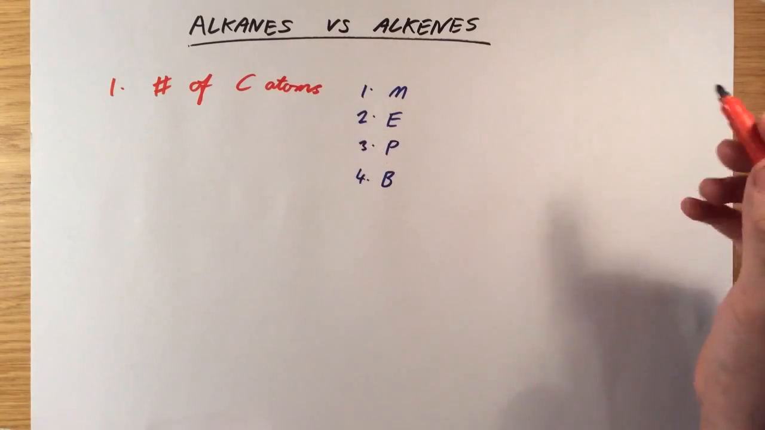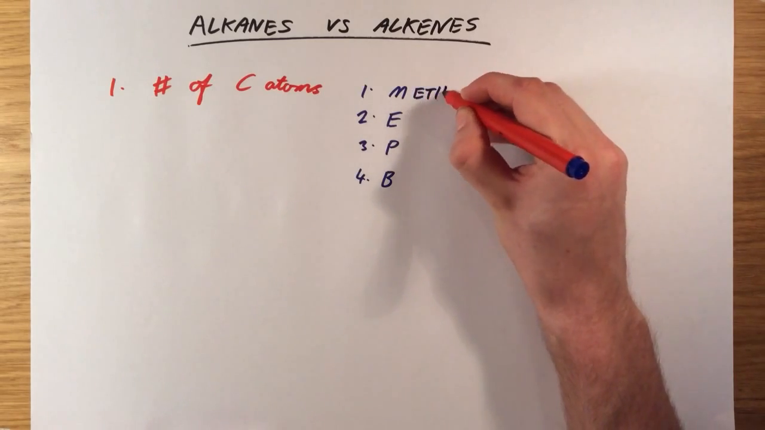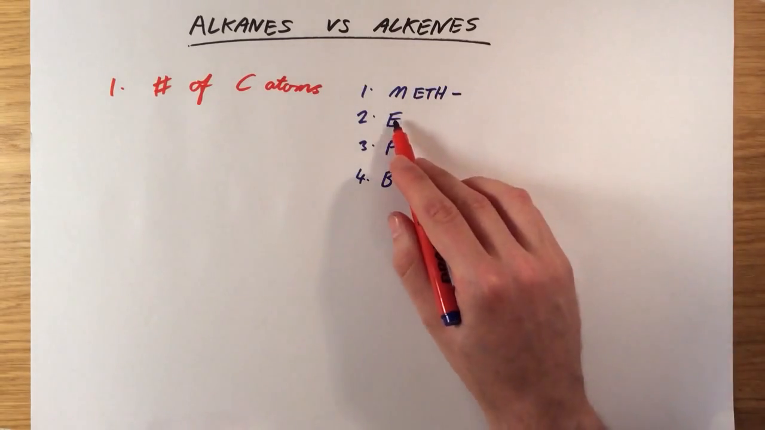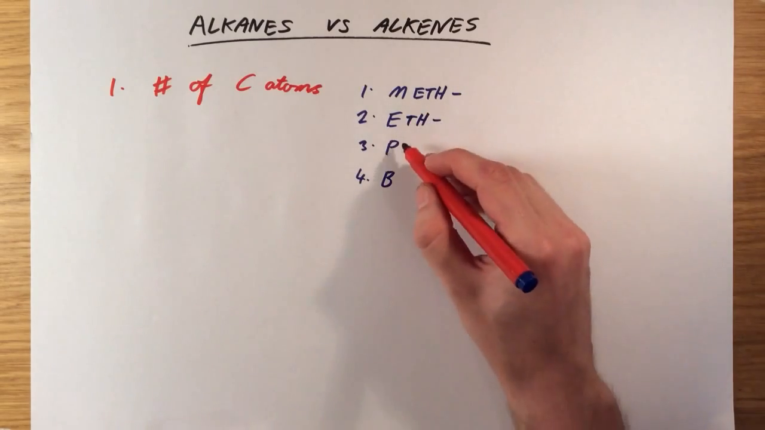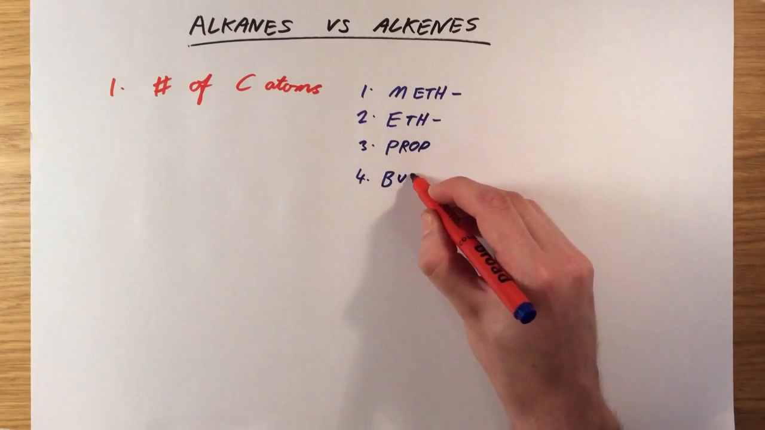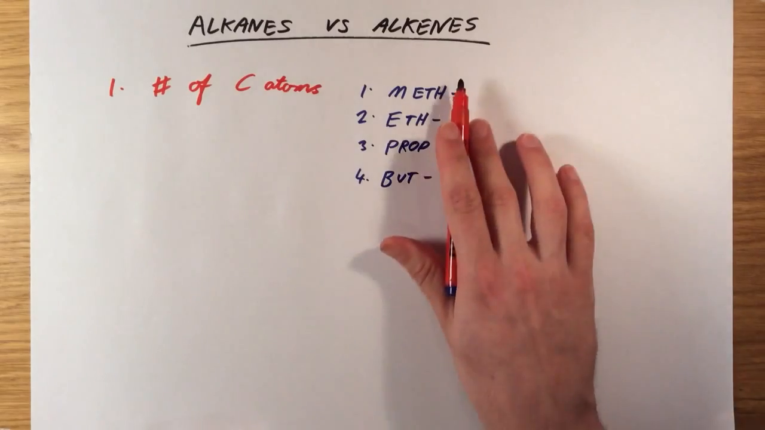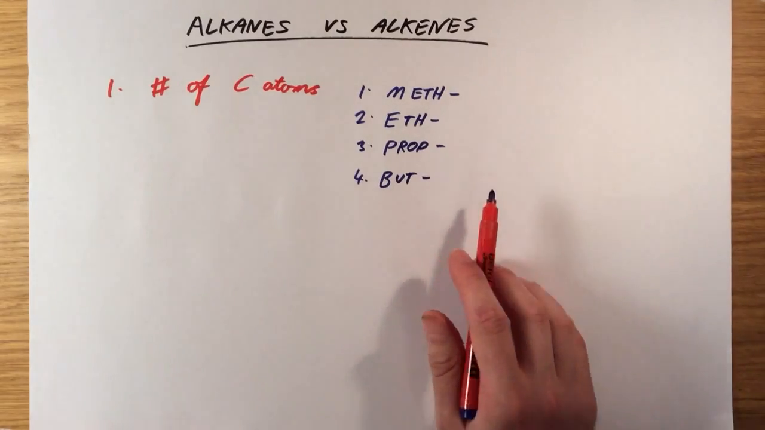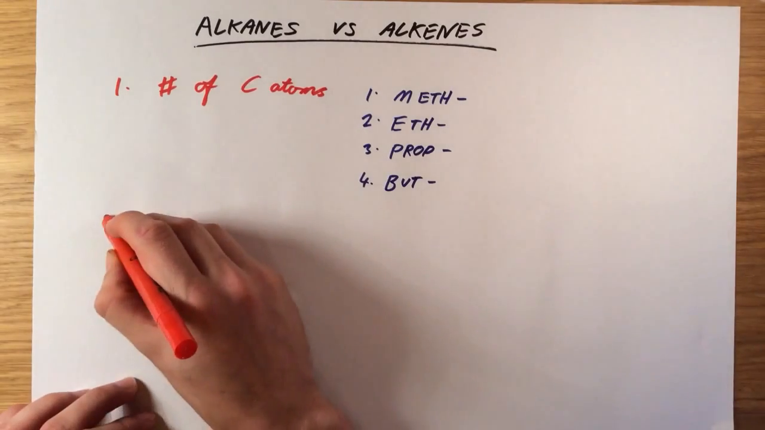So if we have one carbon atom in the carbon chain, the beginning of our word is going to be meth. If we have two carbon atoms joined, it would be eth. If we have three carbon atoms joined together, it would be prop. And if we have four, it would be but. And the second part of these words is going to be determined by whether it is an alkane or an alkene. The second thing we need to know then is the type of bonding,